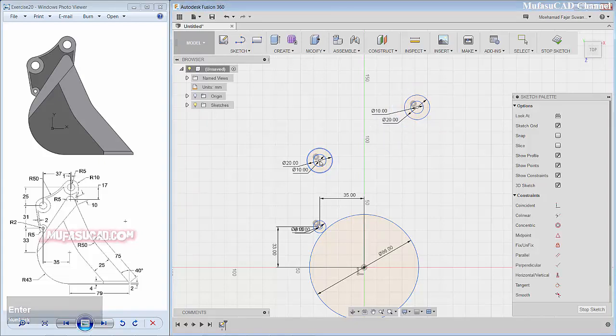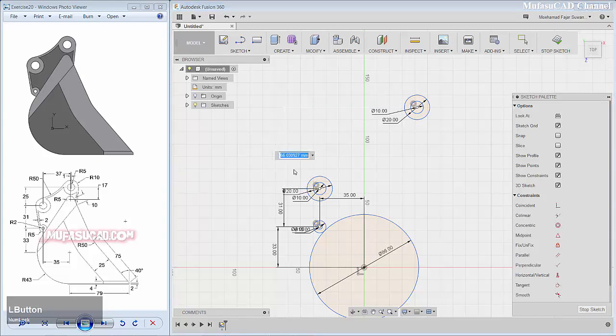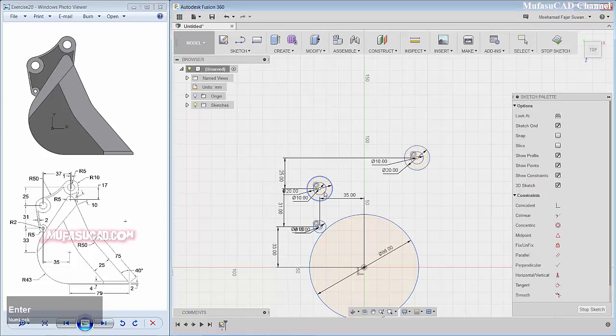Okay, give a distance from this center point to this point in here 31. Okay, and then I will give a distance from this point to this point in here 25. Next, from this point to this point in here 37, and enter.